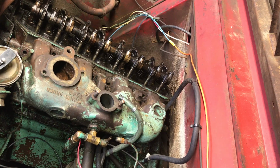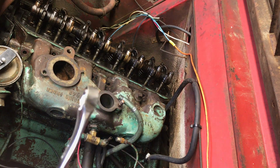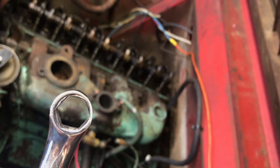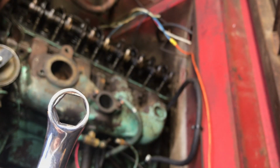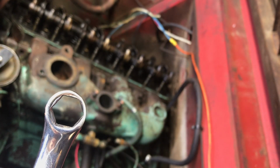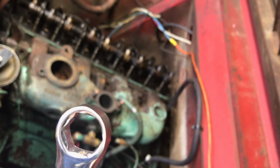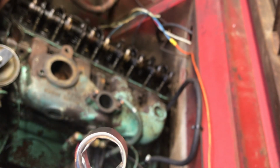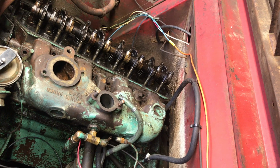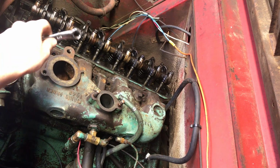Alright, so I got quite a bit whacked off of it now. You can see, if we can get it to focus here, how much it's changed that side profile there compared to the other side. I don't think I've weakened it too much, because there's plenty of material up here. So yeah, give that a try now. Hopefully